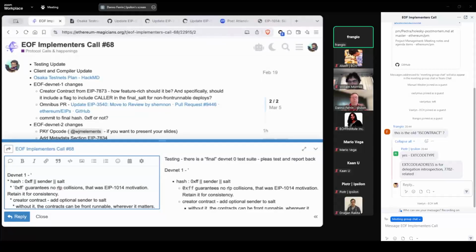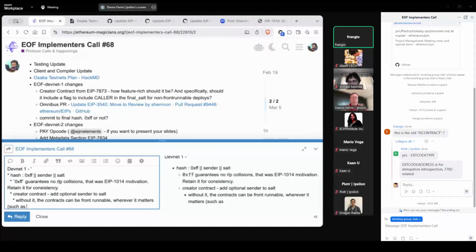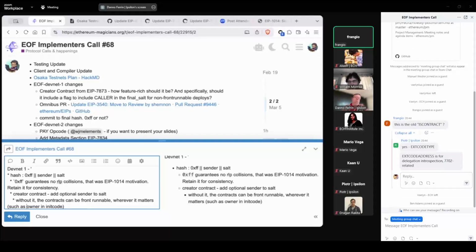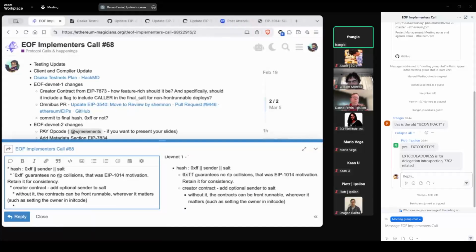So it's a bit of a difficult situation. One potential solution is that the creator contract should ignore the caller. But then the default way to deploy contracts is insecure in most cases. So one could say the default way to deploy contracts should be another factory, some ERC factory deployed from the creator contract.